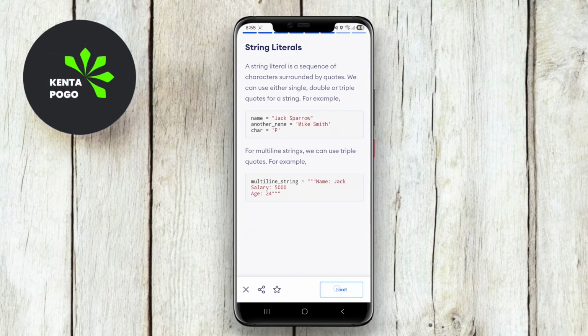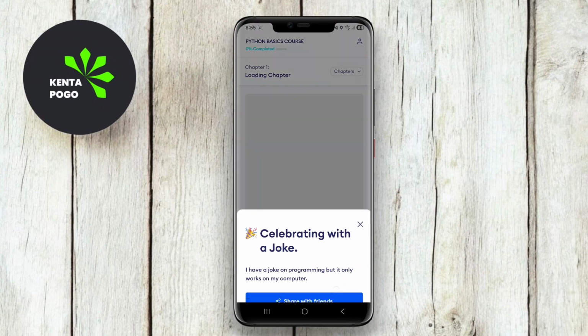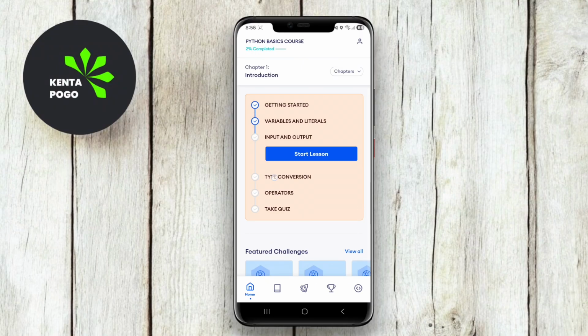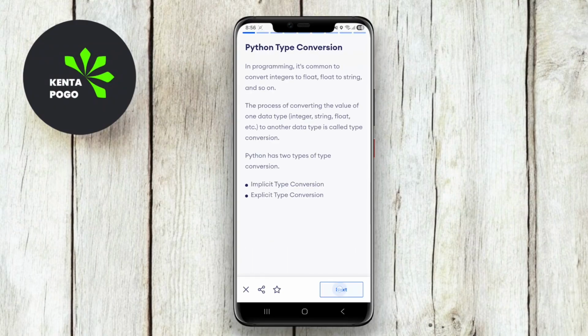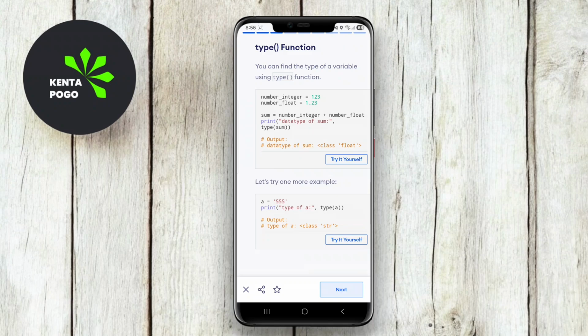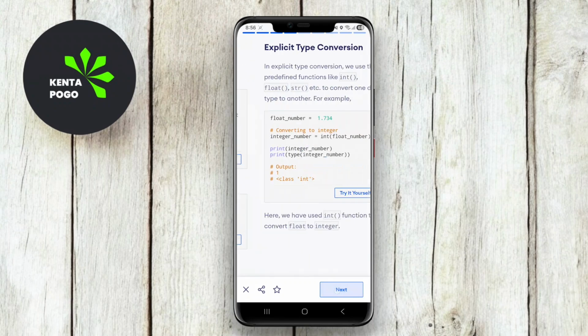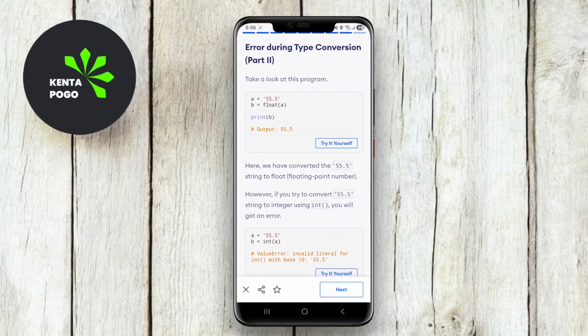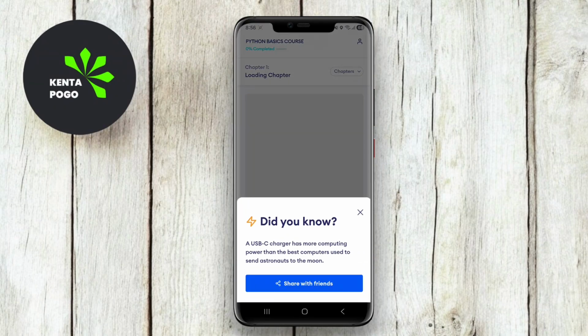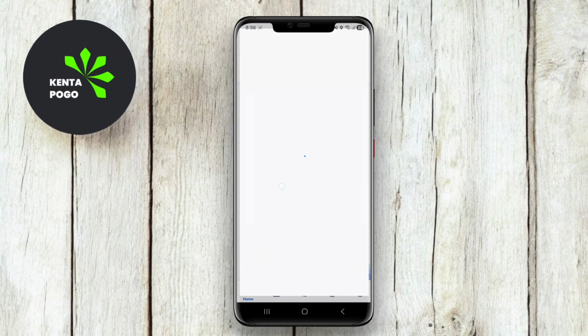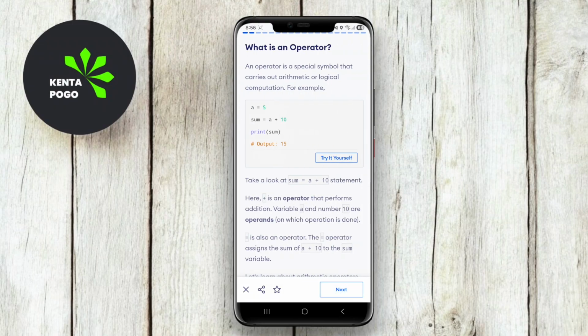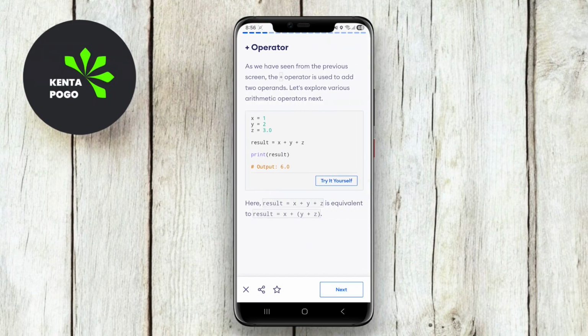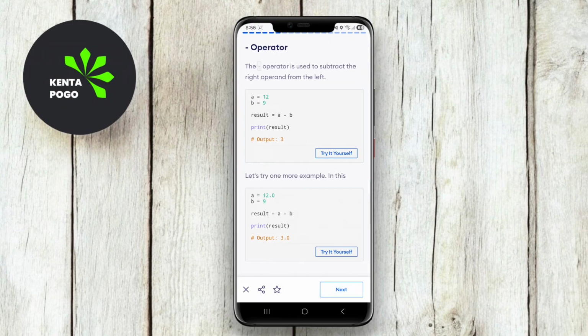Key features typically include a detailed curriculum covering essential topics such as variables, data structures, control flow, functions, and object-oriented programming. The app often provides engaging tutorials and explanations, combined with practical coding exercises that allow users to apply what they learn immediately. Additionally, Learn Python usually incorporates quizzes and challenges to help users test their understanding and reinforce their